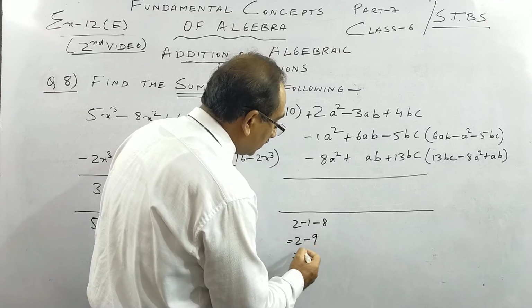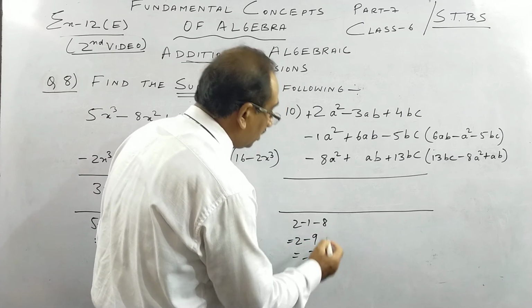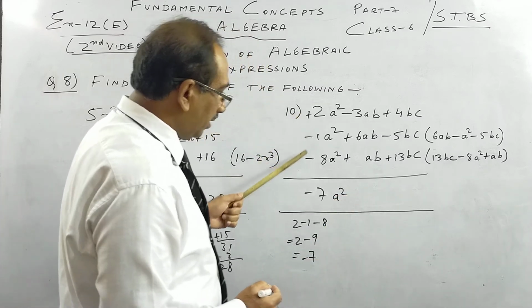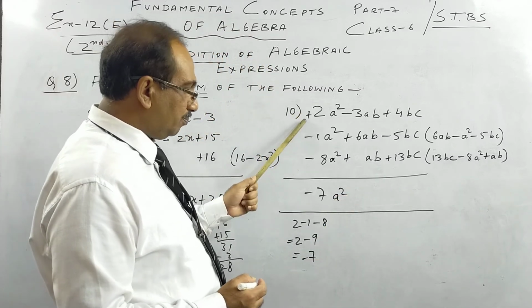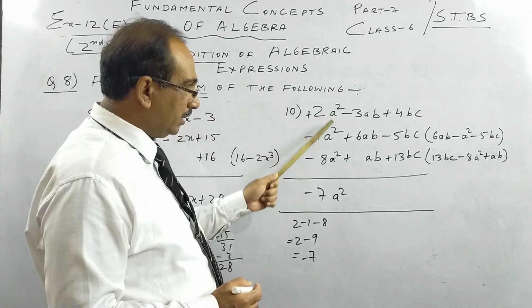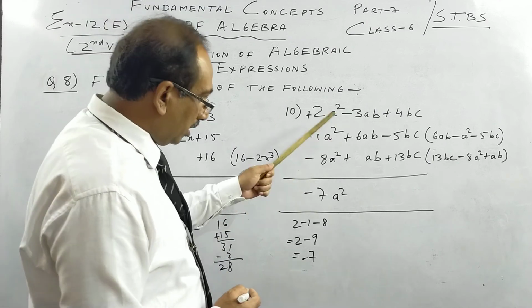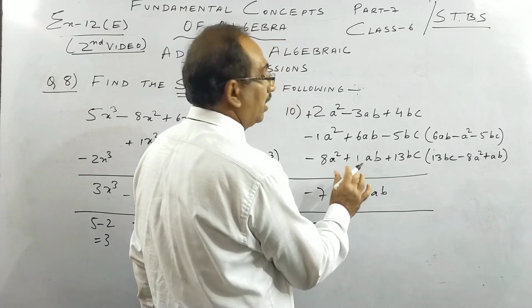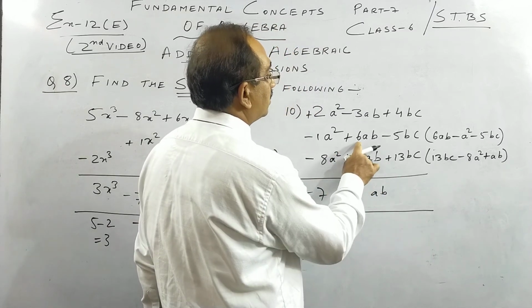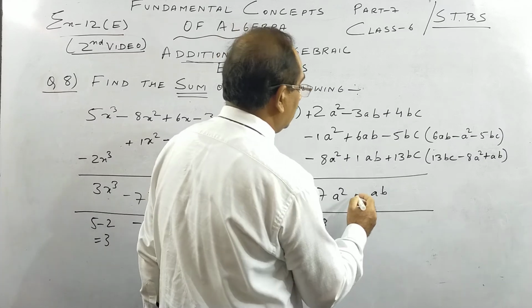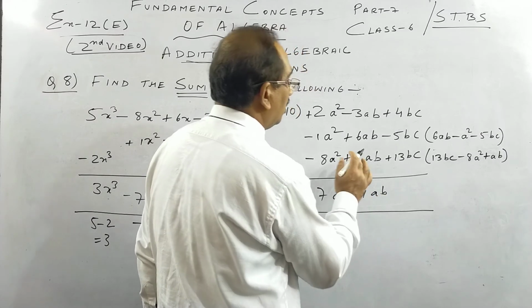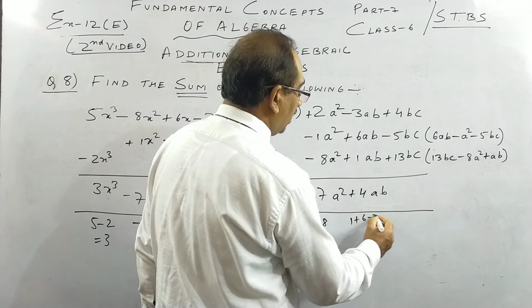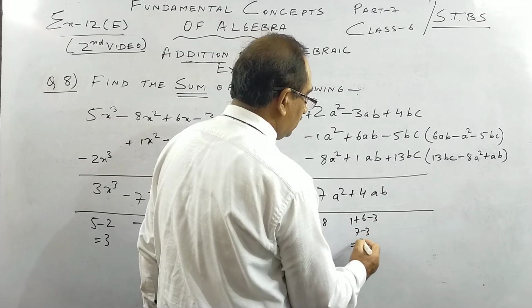So now plus minus: subtract the smaller from the larger and put the sign of the larger. So the numerical value will be, see here, minus 9 plus 2 is minus 7, a square, a square, a square. Okay, now let us see this AB will be AB. Now here is 1, nothing means 1. 1 plus 6 is 7, 7 minus 3 is 4, plus 4. Okay, 1 plus 6 minus 3, so 7 minus 3 is 4.